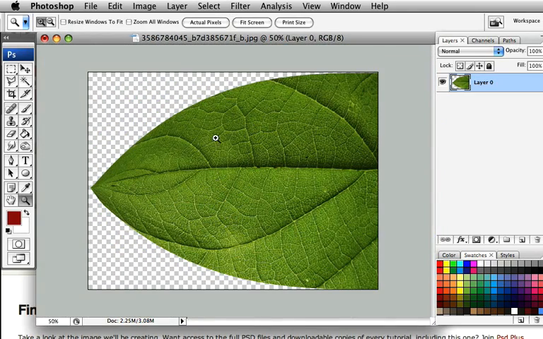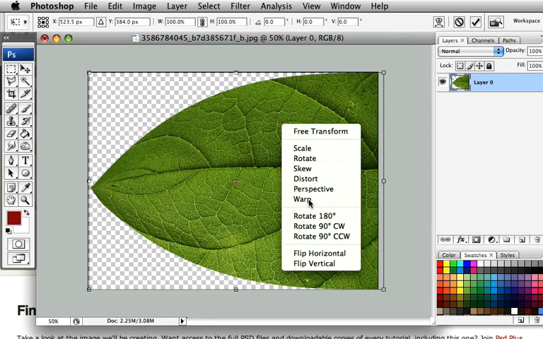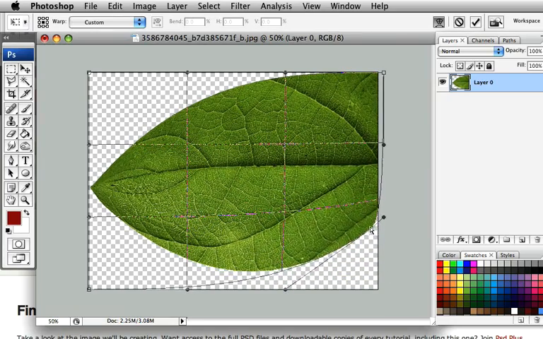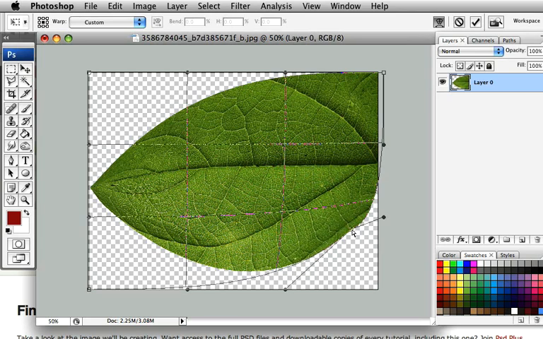And that looks okay. The next thing that we're going to do is try and bring a little bit of a bend into this, again with a bit more of the warp tool and maybe a little bit of the liquify tool as well. So I'm going to hit Command-T again, right-click, grab the warp tool, and bring this bottom part up to about there,